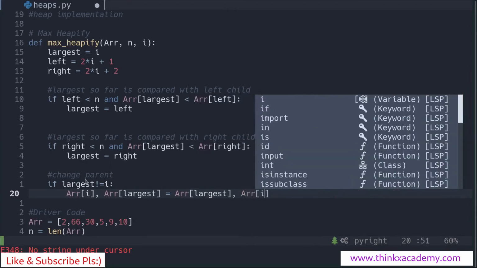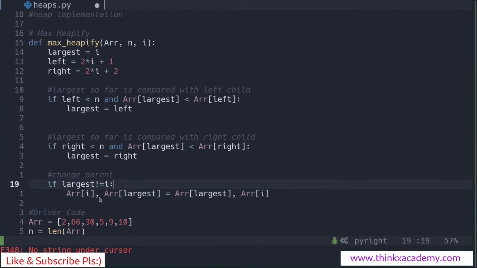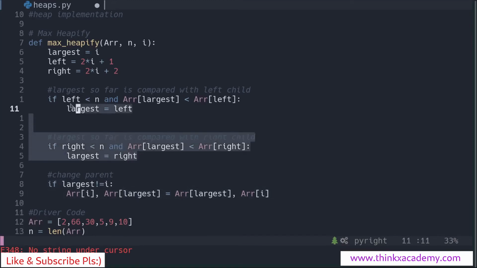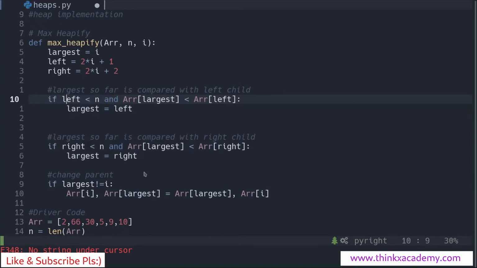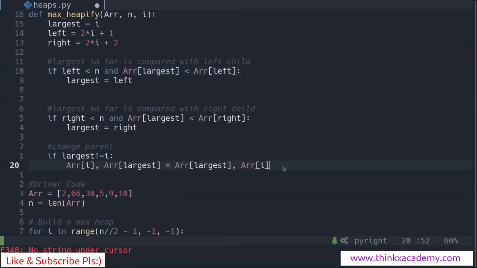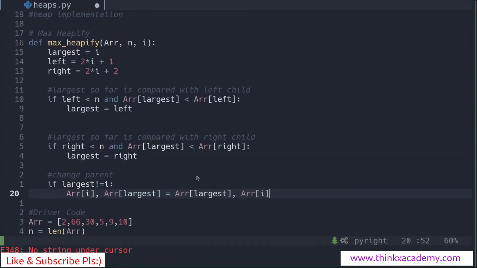So this simple line is going to make sure that we swap the values of the array at the position ith, which is the parent or the root, with the largest element which we have actually calculated from these two conditions. So now this function is complete, but we need one more step, which is to make a